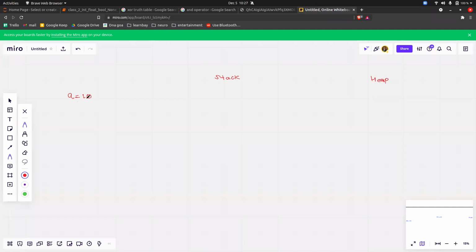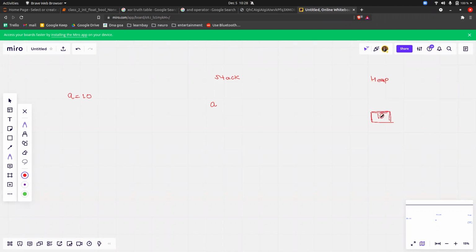Now, when you do a equal to 10, in the stack area the variable gets stored, and in the heap area the value gets stored in the form of an object. The first important thing to keep in mind is that every object you create will always have an address.